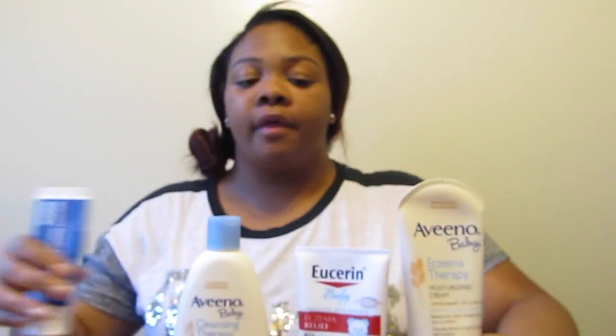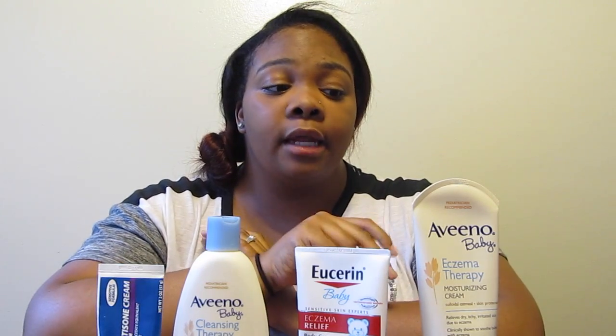And next is what we actually bathe AJ with. If your baby has problems with their skin, if you're noticing a lot of itchiness and patches and just things that aren't quite right, I would suggest to use these products. We thought it was possibly eczema. That's what the doctor was telling us. Family members, keep an eye on it because I think it might be eczema. So I just decided to not take any chances and just go ahead and get products to relieve and help